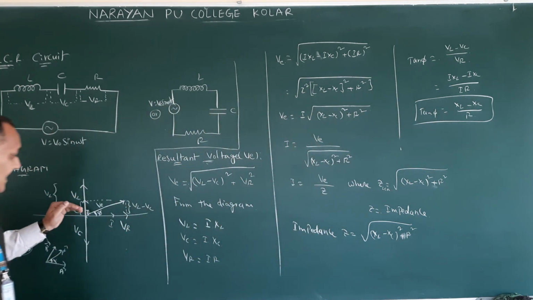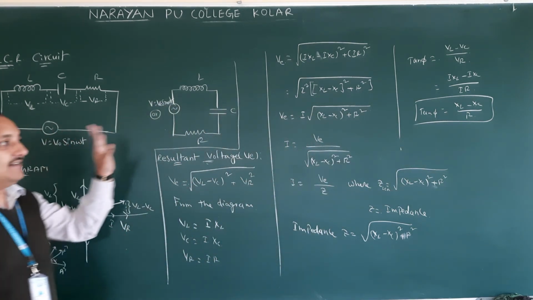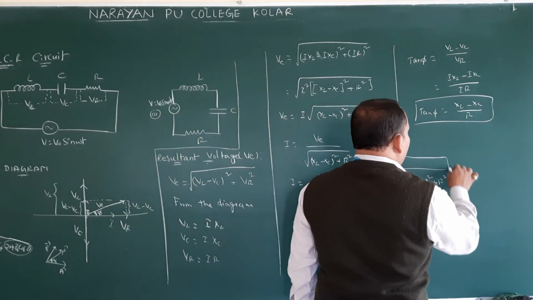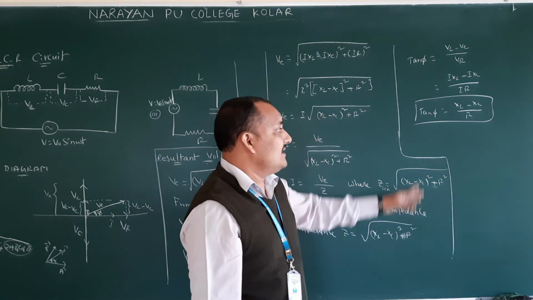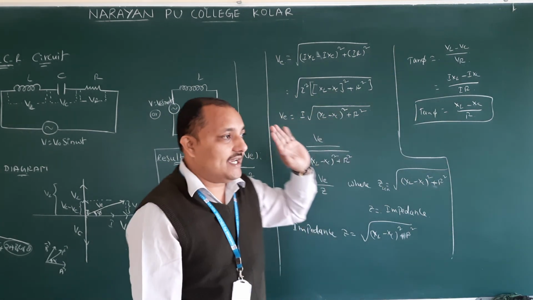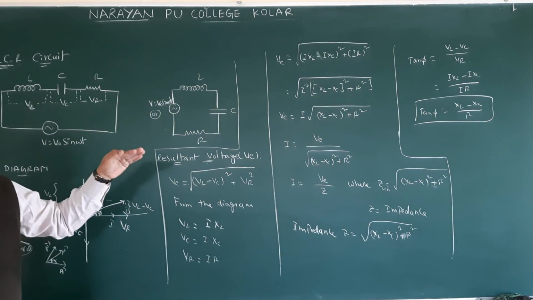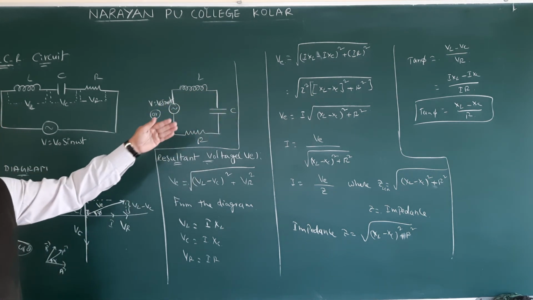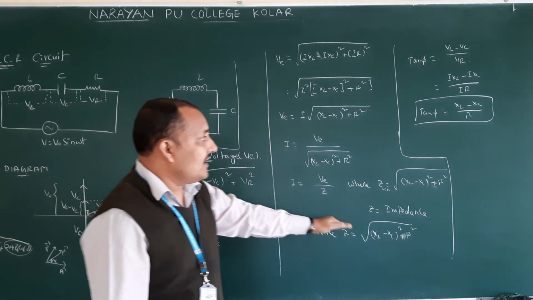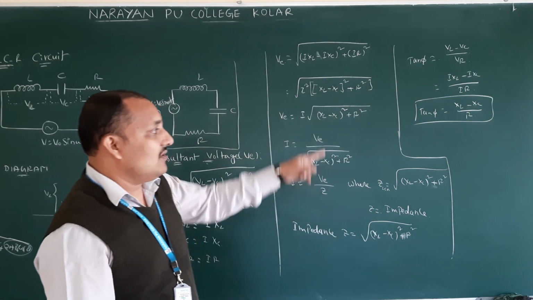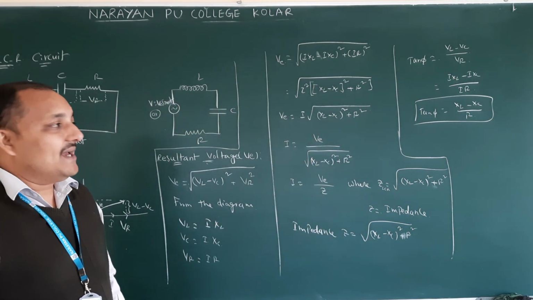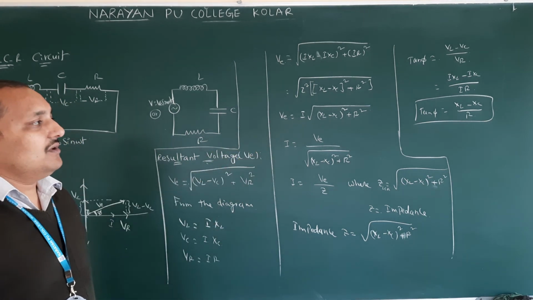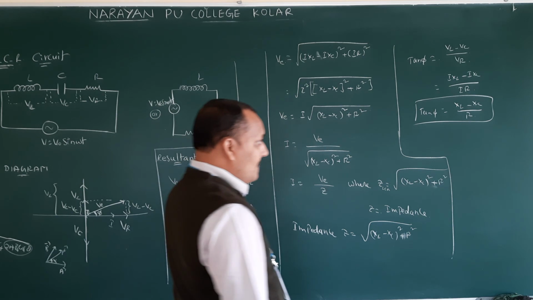If you have taken this diagram VC minus VL, then you will get XC minus XL by R. That is also correct, we don't need to worry. This is called the phase angle. So they will ask for the equations for current, impedance and phase angle, or the equations for effective voltage, current, impedance and phase angle. Now by using that phase angle, you will have case 1, case 2, case 3, or mode 1, mode 2, mode 3. Very, very important.